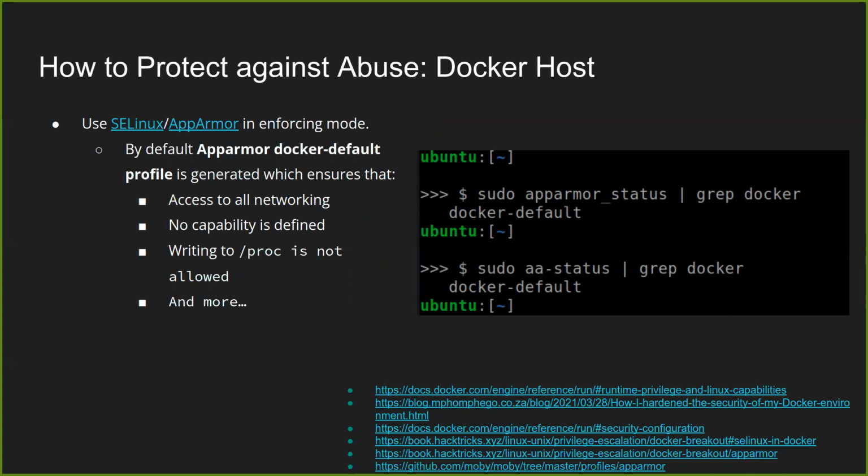The last one for the Docker host is pretty much either installing SELinux or AppArmor and enabling enforcing mode. And this then obviously protects your Docker environment against your system. And you can see I've already installed AppArmor on my system, and Docker default is enabled and the status is